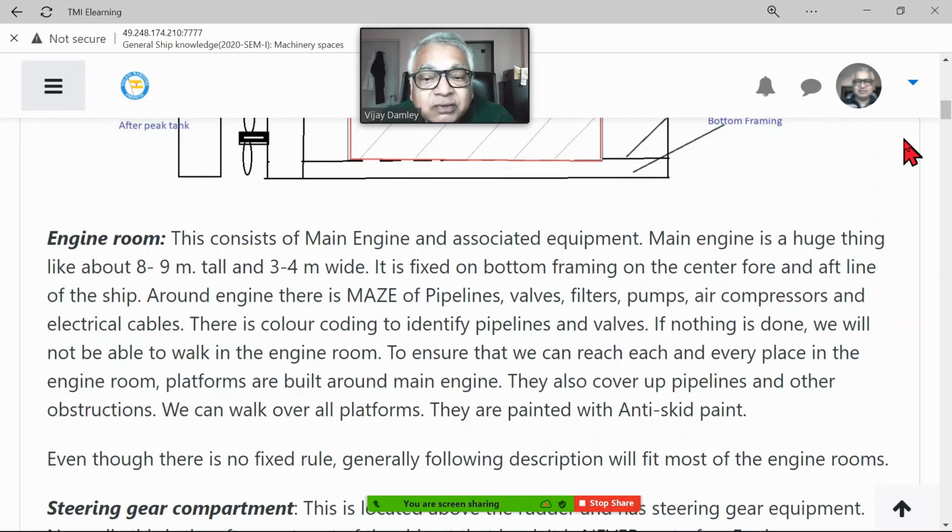When somebody has to go into the engine room in that condition, he informs the bridge and tells them, I am going down. One person we don't send, we always send two, and they stay in pair. The reason being, in case somebody slips and falls down, meets some sort of accident, or collapses for some reason, there should be somebody to save him.